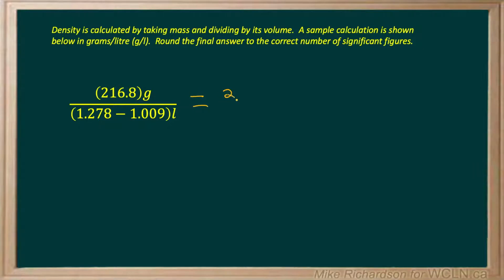simple enough. I take my 216.8 and I divide it by 1.278 minus 1.009. The bottom of it becomes 0.269. And when I perform that calculation, 216.8 divided by 0.269, I get 805.9479